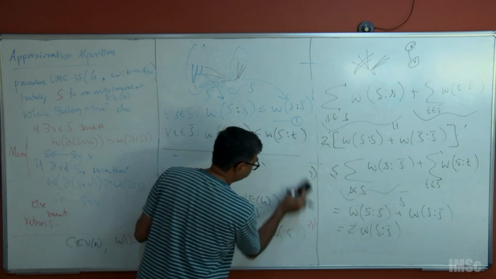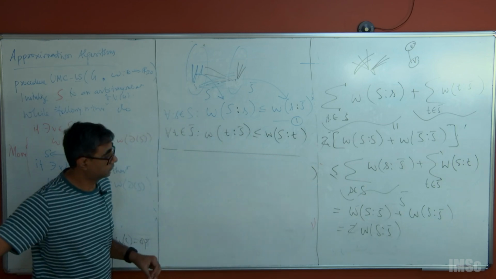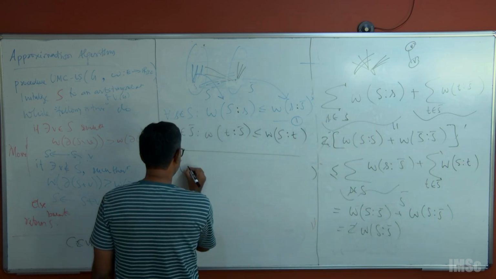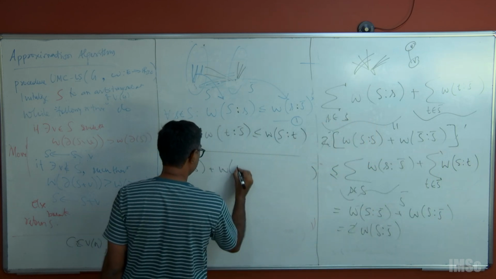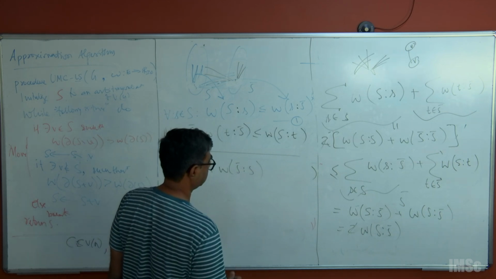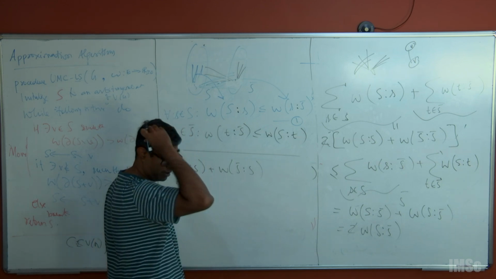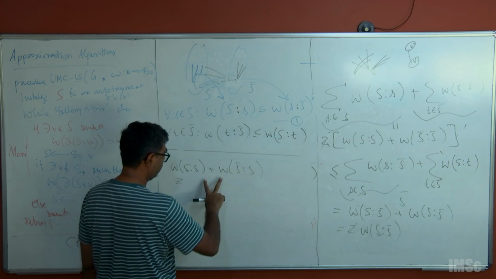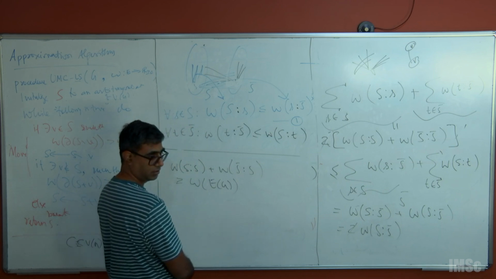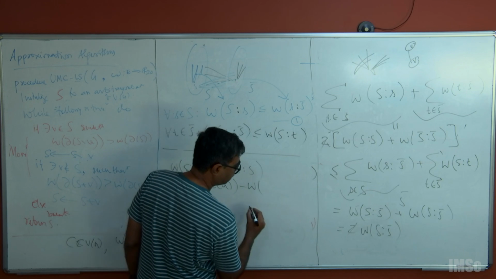Okay, so this should be enough for us. So now let's try to understand what is this. What are these weights of these edges? Right? What is this? This is at least, right? I have to get a lower bound, right? So what is this? So this is weight of edge in G, weight of edge in G minus weight of,